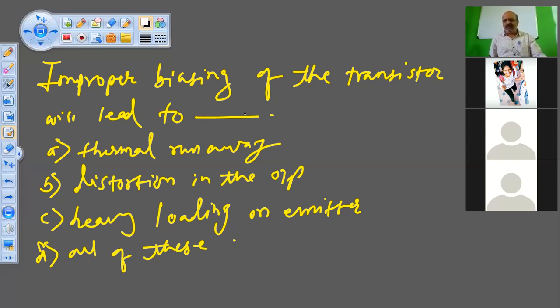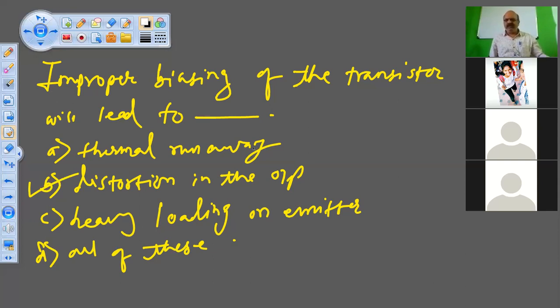So what will happen? Just now I told you, for improper biasing, either the positive half cycle will be cut off or the negative half cycle will be cut off. So your original signal is not reproduced at the output. So distortion in the output will occur. So your correct answer will be B. There will be distortion in the